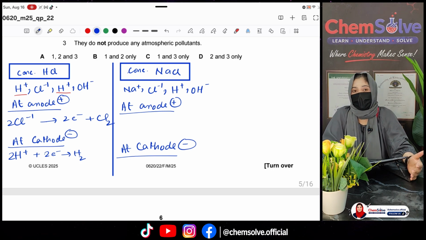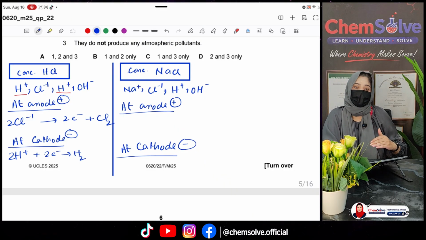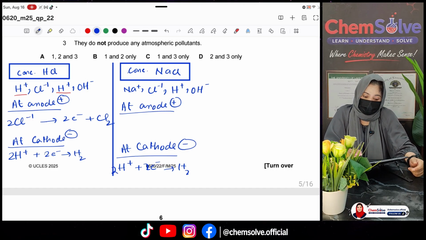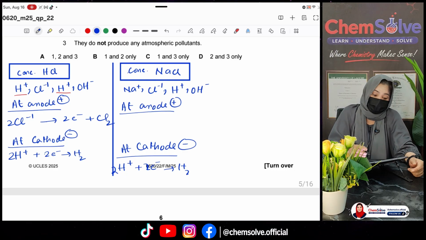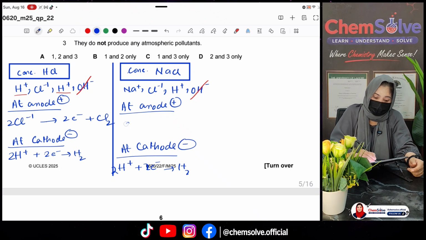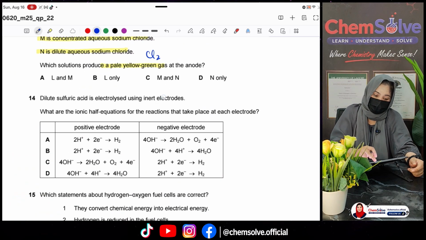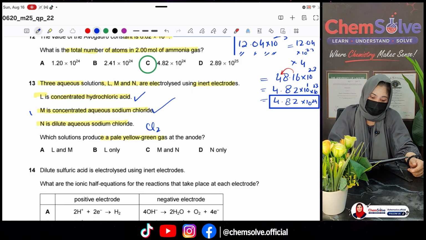And for positive ions, the rule is very simple. We have to look at the bottom of the reactivity series. Whichever comes first from the bottom will be selected. So of course, this would be hydrogen. It will be reduced and will produce H2. While for the anode, again it is concentrated. I just told you, we will never consider OH− ion if the electrolyte is concentrated. Always the other one is selected. So Cl−, it will lose electrons, be oxidized, and produce Cl2. So again, M would be our option.